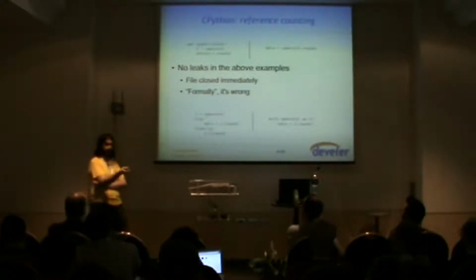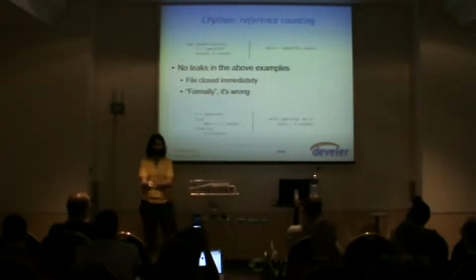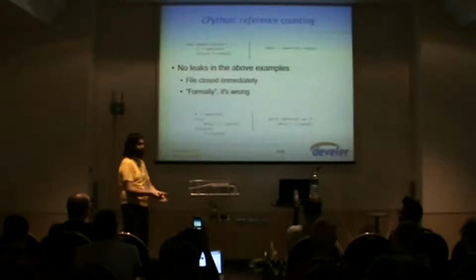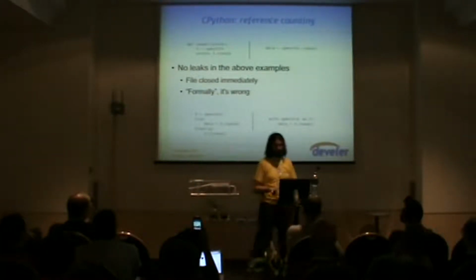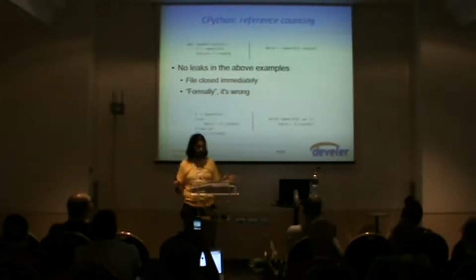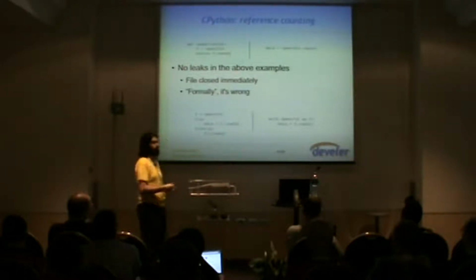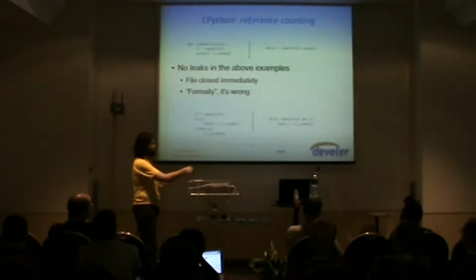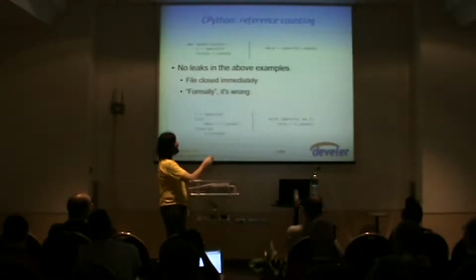This is what I was saying before. If you target another Python implementation, for instance PyPy, you cannot use the above examples, because in PyPy the garbage collection might work differently, might not use reference counting. So this one is the correct version for all Python versions, okay? So if you plan to use PyPy sometimes, or you want to be future-proof, you can write code like this, and it will work on PyPy. But if you write code like this, it already works in CPython.